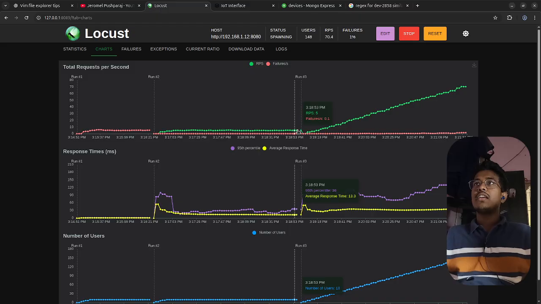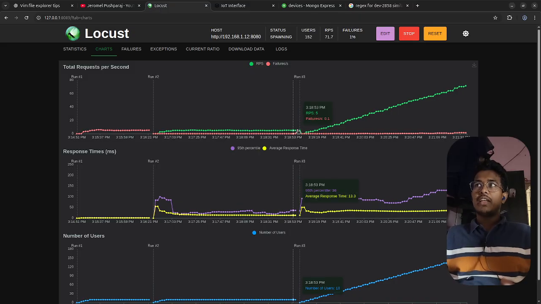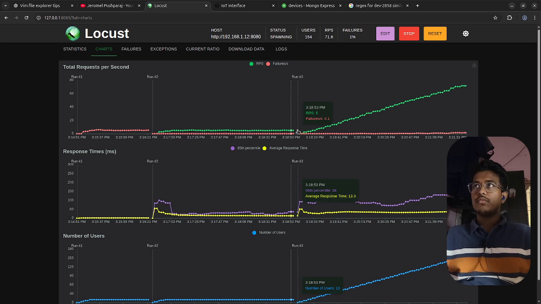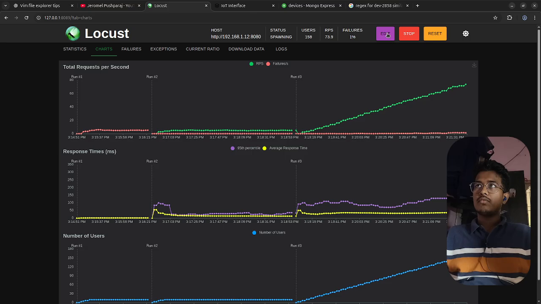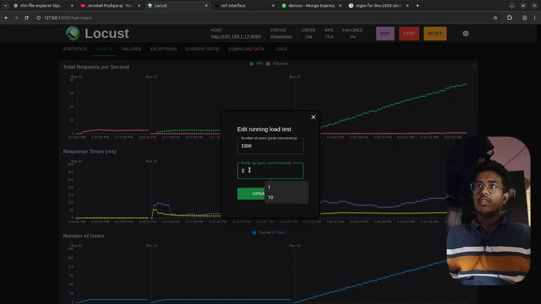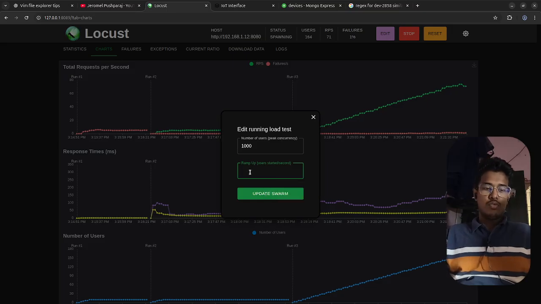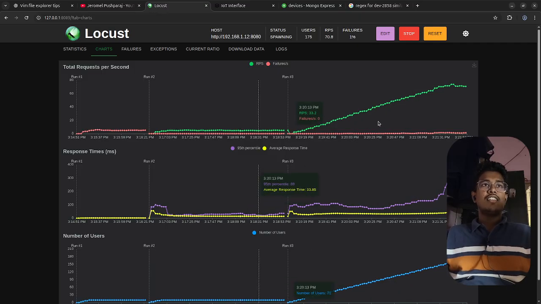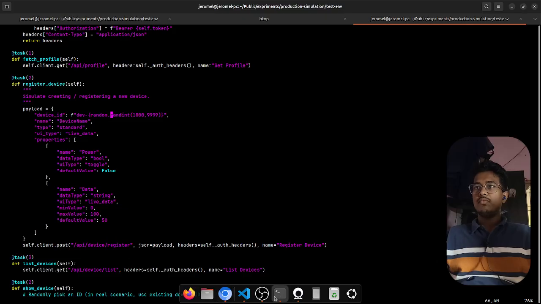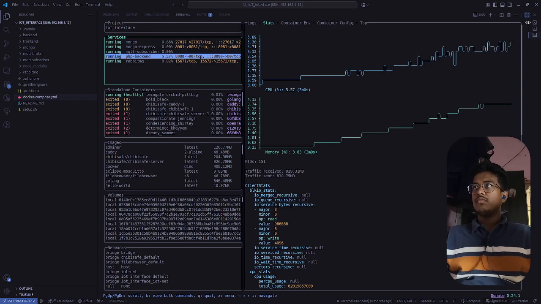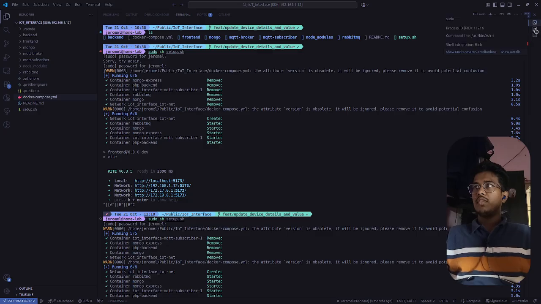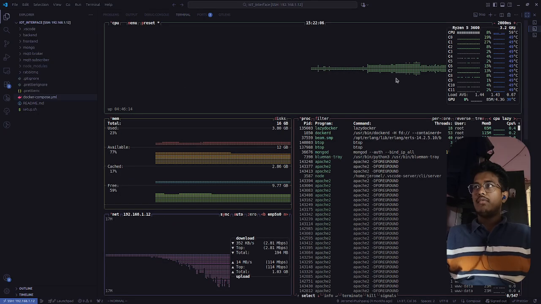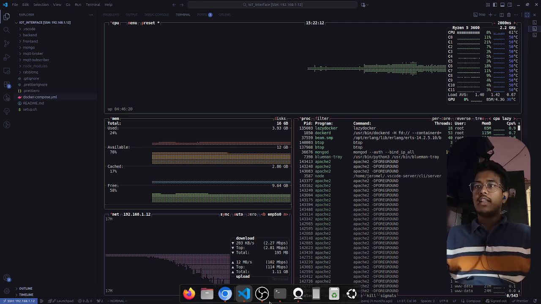It increases 1 user per second. We can make it 5 here, then only we can see the fast pace of increasing requests. And also you need to notice that it is increased based on the